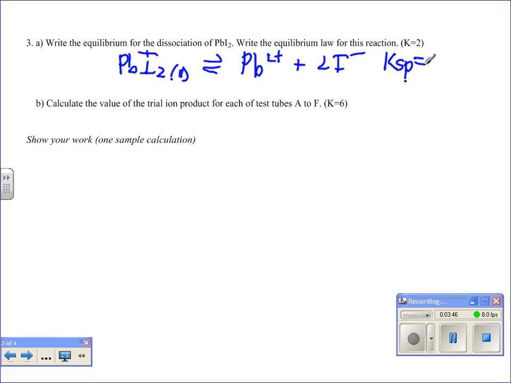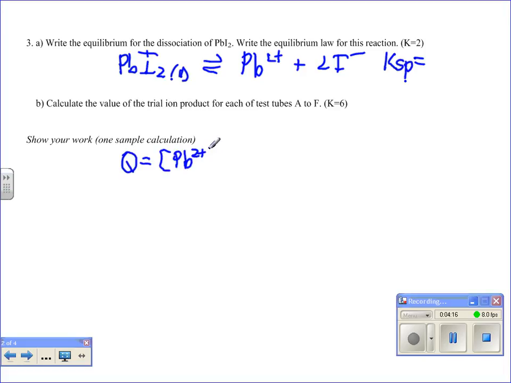Now for B, it asks us to calculate the trial ion product for each of the test tubes A through F. And as we discussed in the lesson, the trial ion product is Q. So we're looking at the relationship of the concentrations of the lead and the iodine in each of the individual test tubes, as defined by the equilibrium law. But we don't have an equilibrium, so rather than calling it Ksp,